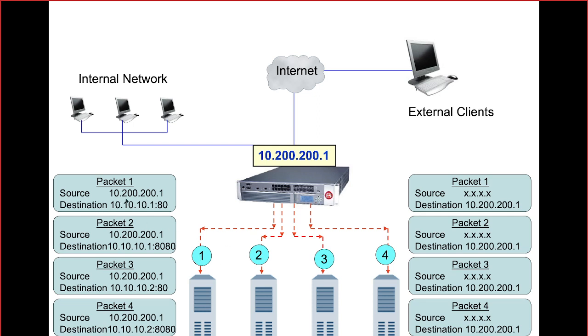Except one point here I just want to mention: according to the slide, the source IP address will not be translated. Hope you remember what I was explaining on my whiteboard. The default behavior of the F5 LTM is that it will translate the destination IP address, but it will not translate the source IP address. Is that point clear? Once that is clear, I will explain what we are trying to do here. The source address is not supposed to be translated by default. It will not be translated at all.